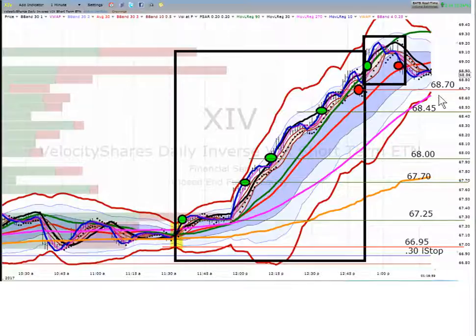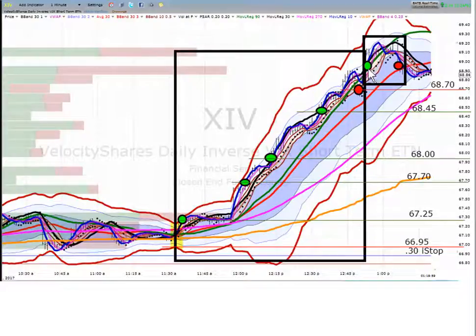I was happy to get out of this position at 68.70. Just briefly to note, it didn't fail below the Bollinger Band mean. It was still early in the day. It had not quite yet moved a range stat off the low, so there's still more room to go on this one. And being flush with the market's money, it's willing to put a position back on